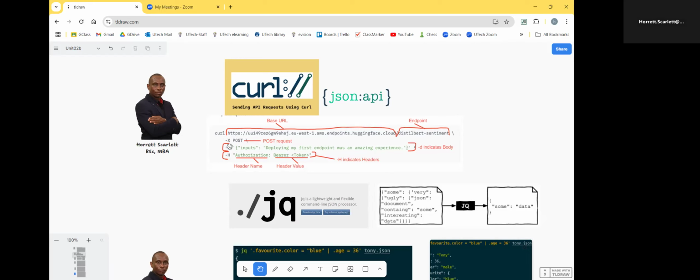We also need to specify the kind of HTTP command that we are generating. In this case, it's a post request. And we can specify some data that is necessary in this post request. In this case, it is formatted in JSON format. And usually there's some header information that we need to send as well. For example, we might need to send some sort of authorization information so that we can be authorized or verified. That would be placed inside of the header.